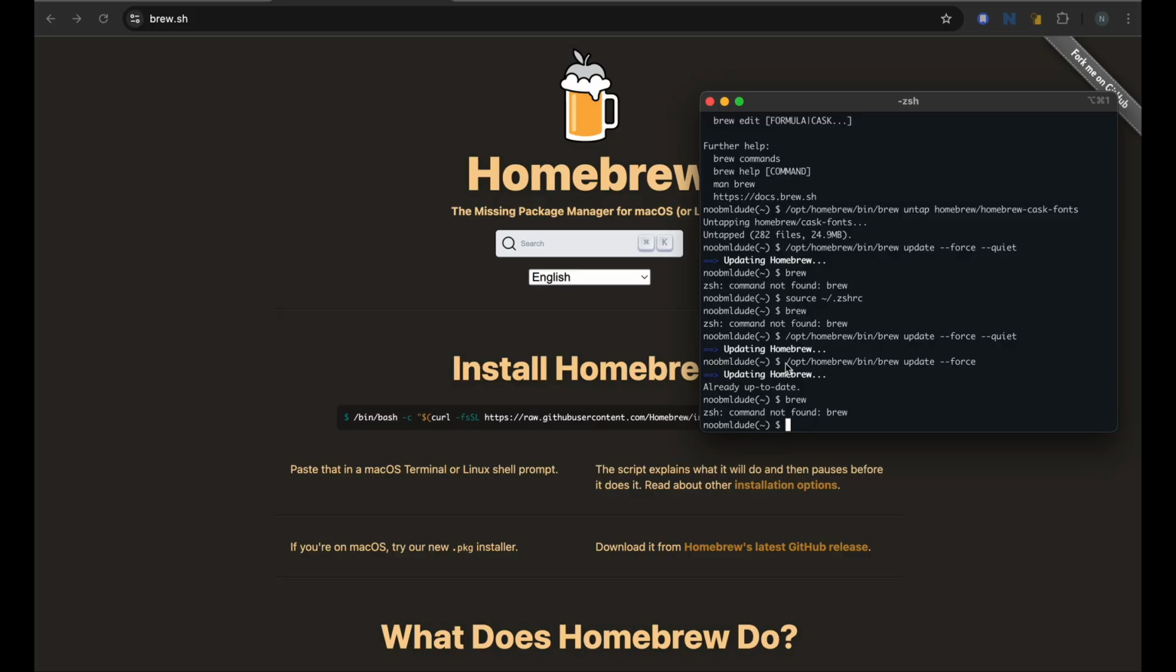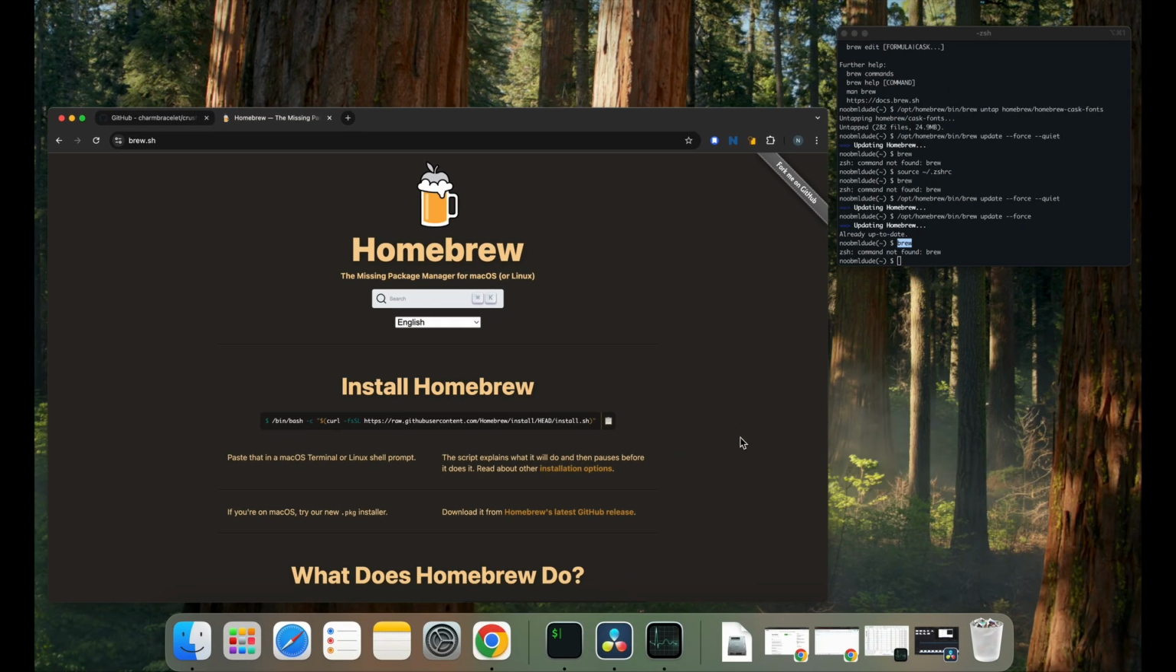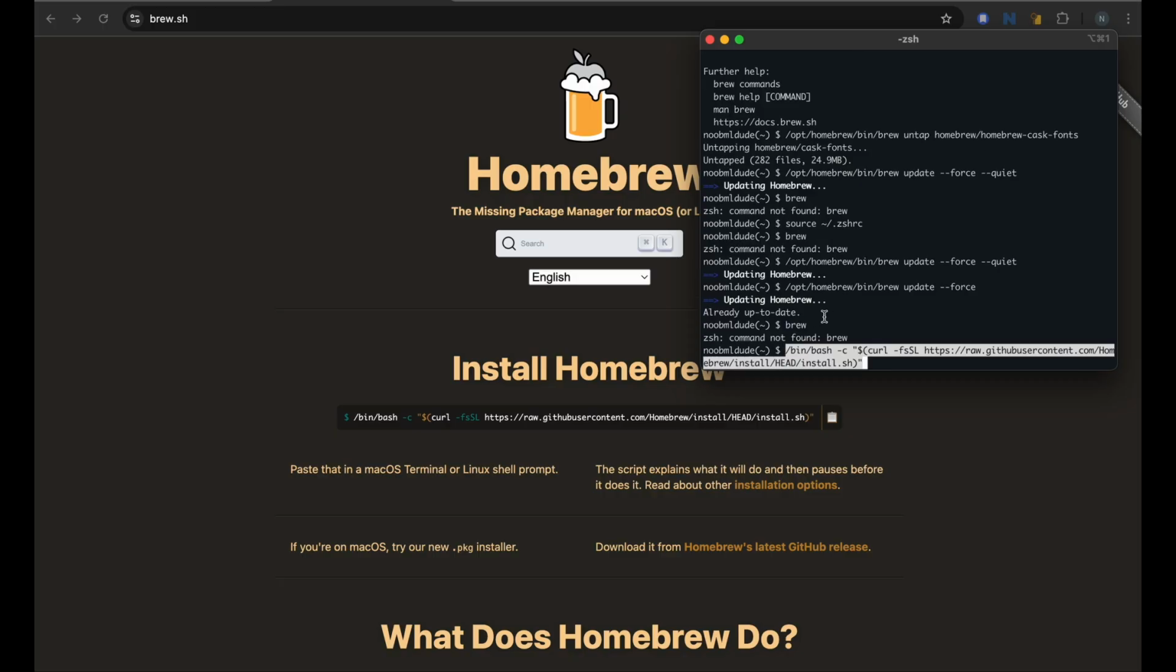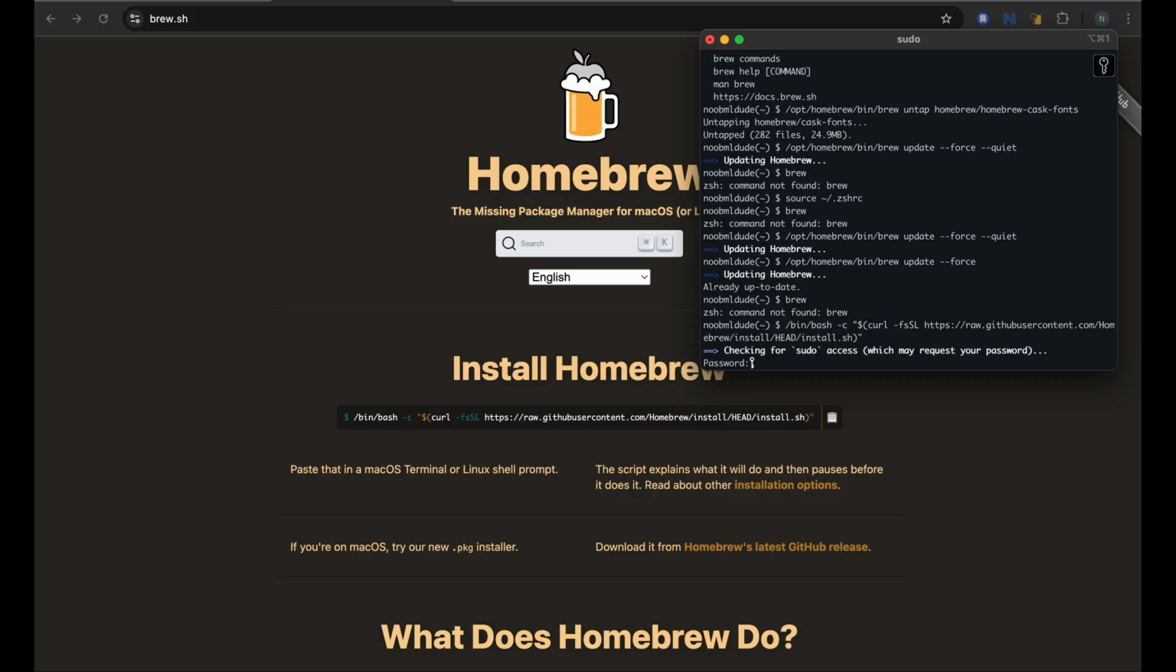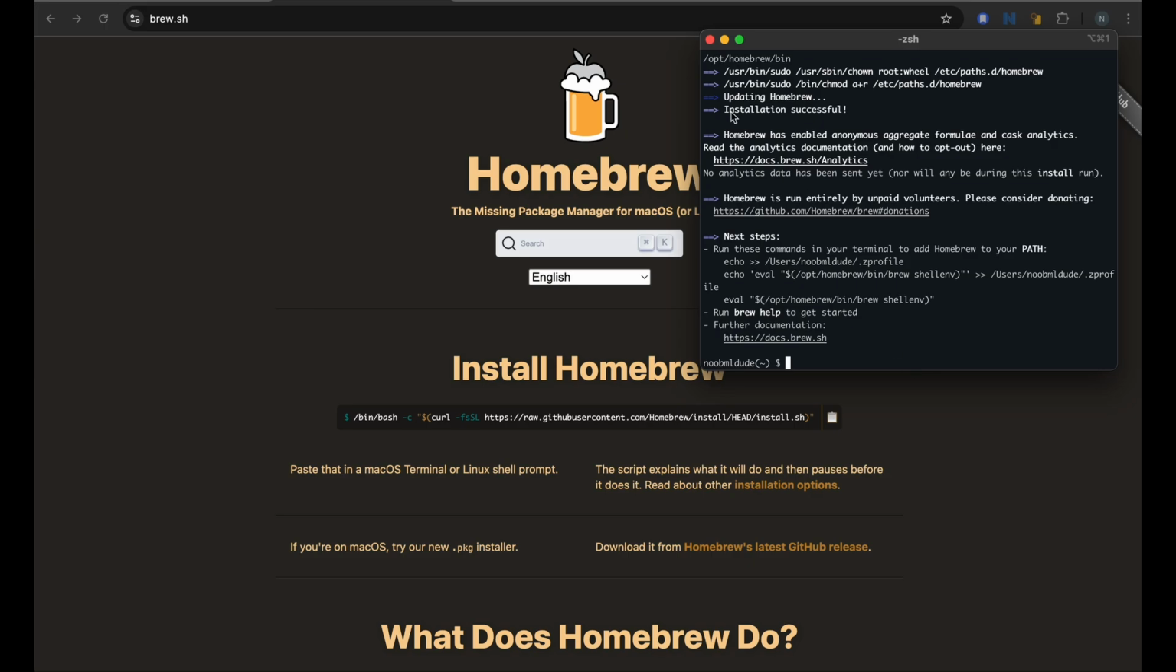So what could have happened? That it has brew at this path, but it's not mapped to this command, so it's not added to the path variables in my terminal. So I'll just go to run it again and see if there are some things that could have been missed in this install script. Installation was successful,